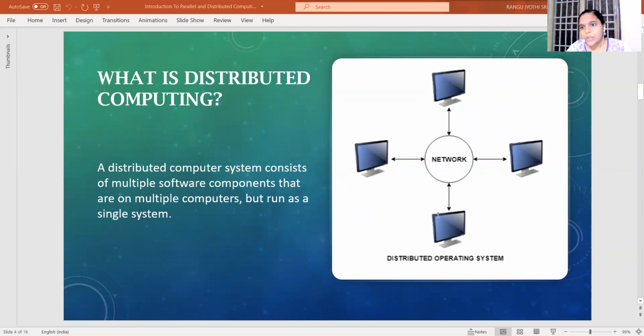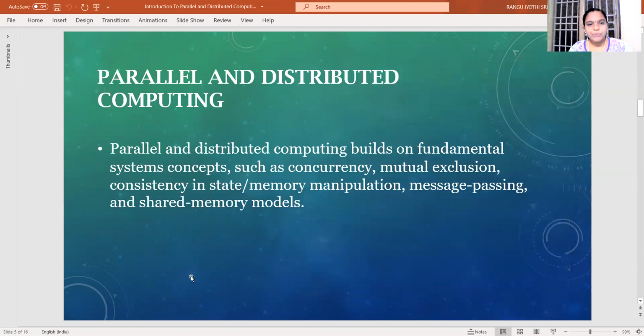That means the computers in a distributed system can be physically close together and connected to a local network, or they can be geographically distant and connected by a wide area network. A distributed system can consist of a number of possible configurations, such as personal computers and workstations. The main goal of a distributed computing system is to make such a network work as a single computer. This is what is meant by a distributed computing system.